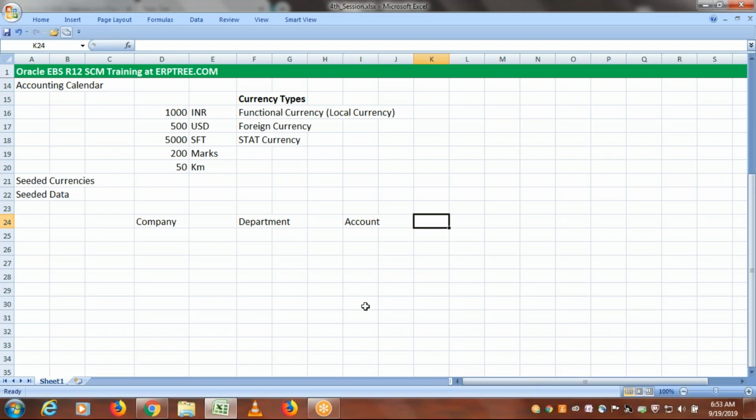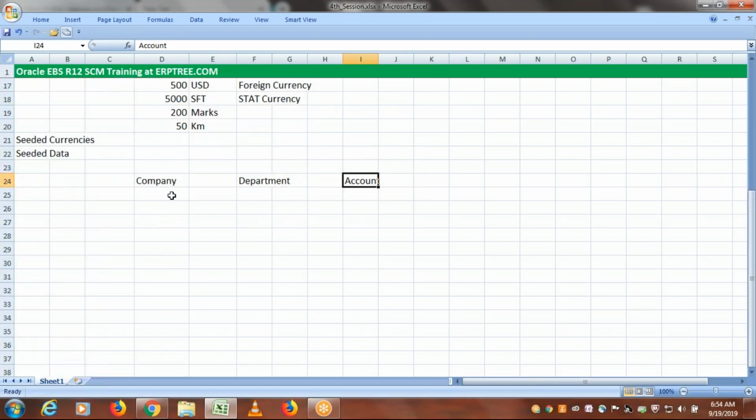Say for example, when you record the transaction, we want to capture which company the transaction belongs to, and again within that company which department, and again which activity we are doing. So this is what we have to capture. Say for example, we have different companies. Say we have a consulting company. I'll take the company name as XYZ. Company name is XYZ Consulting,